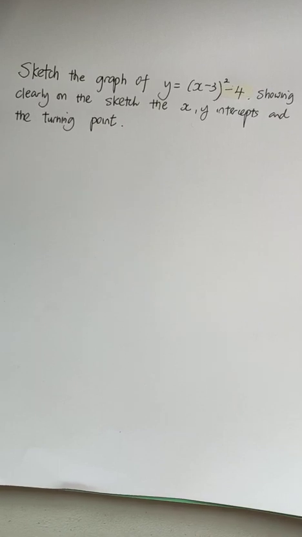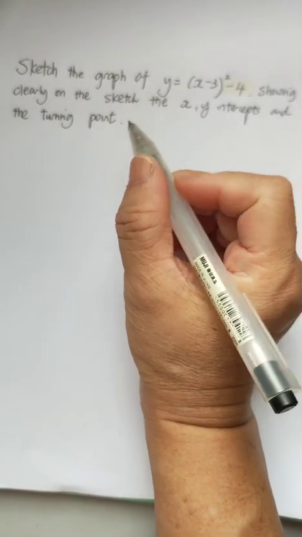Right, supposing you are asked to sketch the graph of y equals (x minus 3) squared minus 4, and you're asked to show clearly on the sketch the x and y intercepts and the turning point. Right, how are you going to do it? So let's look at the